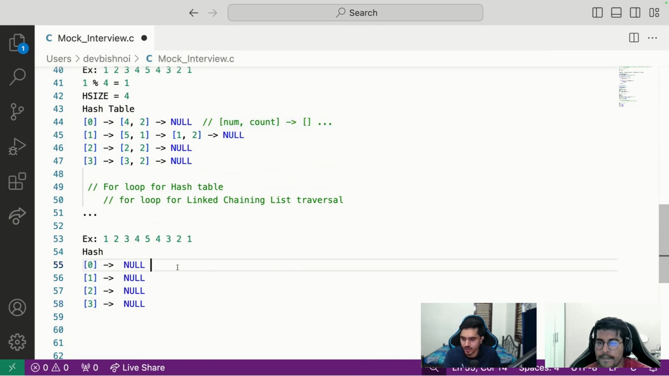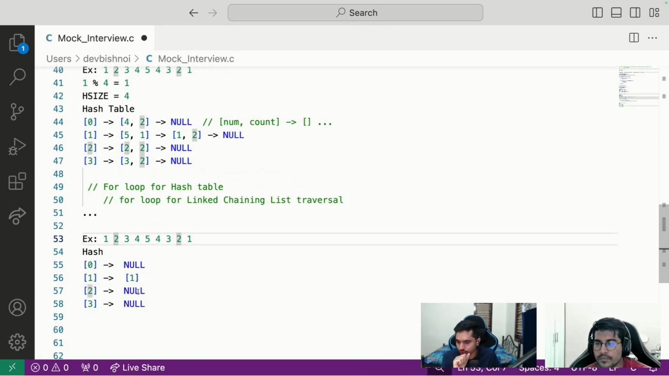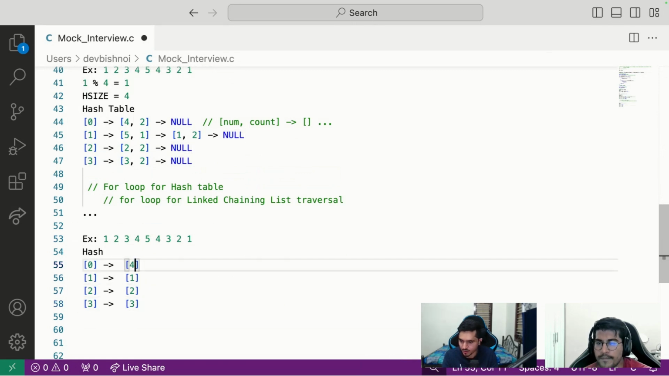And what happened is that when one came, I just pushed a single element one here in the list, and then when two came, I pushed two here, and then when three came, I pushed three here, and then when four came, I pushed four here, right. So far you are with me? And when five came, I did five here,